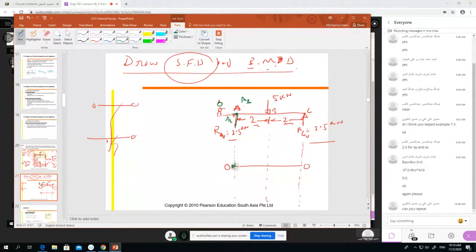Now you go up 2.5 kilonewton. Then you keep walking. There is nothing on your head, there is no burden. You keep walking and keep walking, just before entering point B, BL, VL. How much do you have? Still you have VL equal to VA, which was 0, VA right was plus 2.5,